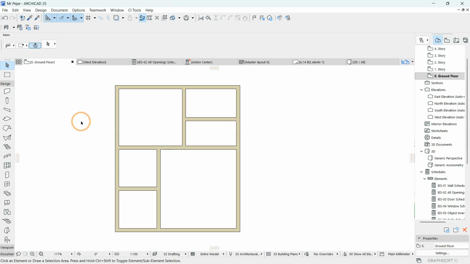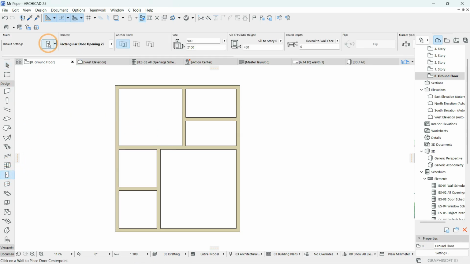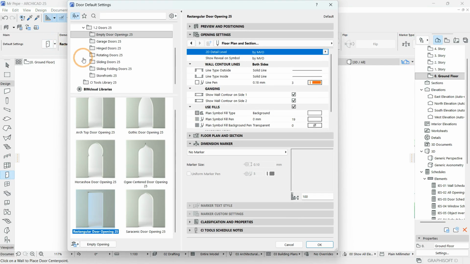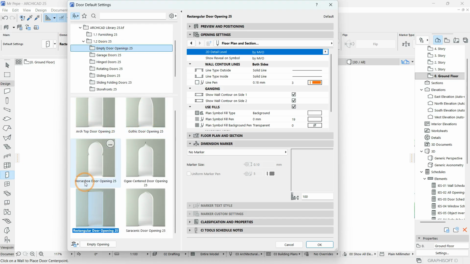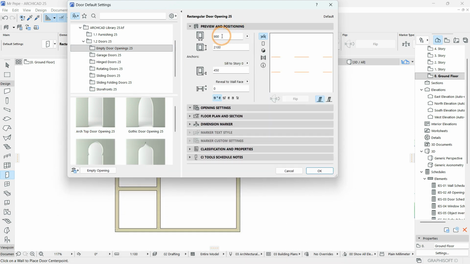Now I'm going to go to door 2. Under door 2, go to the dialog settings. For the door 2, you will see an empty opening, which is this. Click on empty opening and then you see all forms of openings. I'm going to choose this rectangular door opening, and then when you choose it, remember to make changes to the